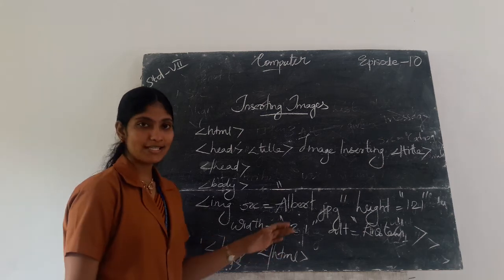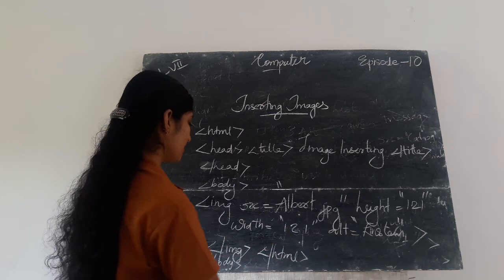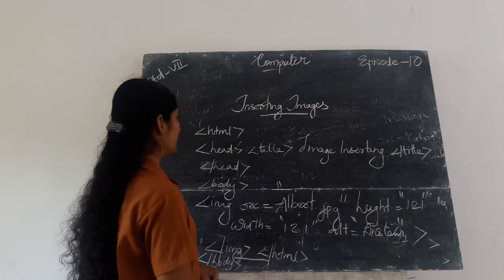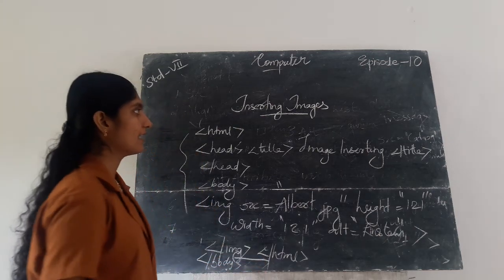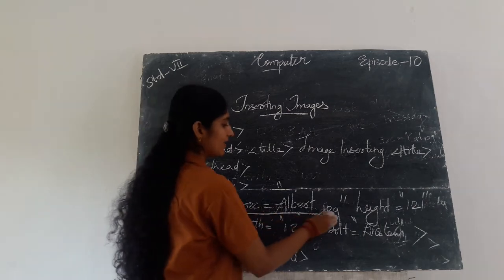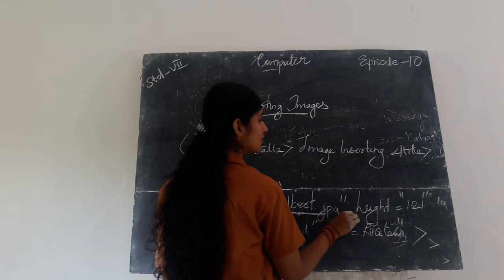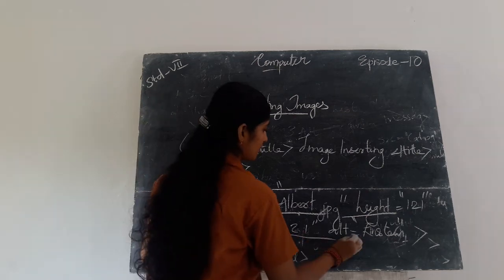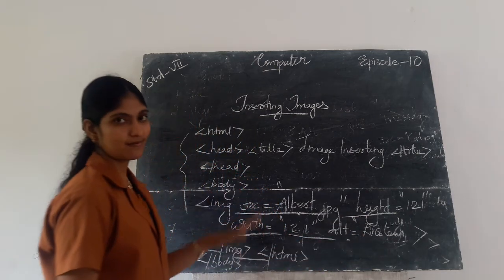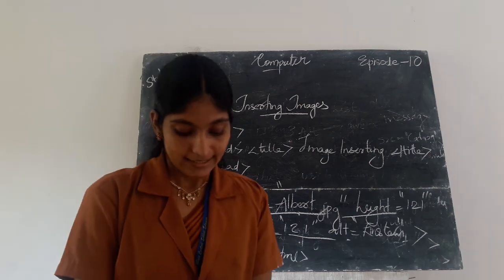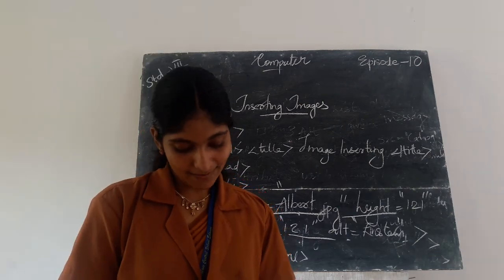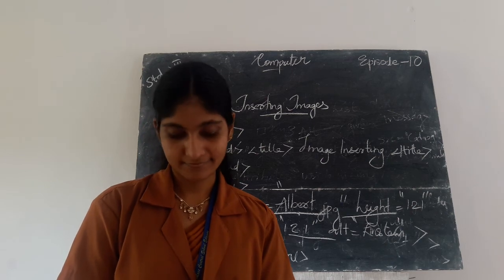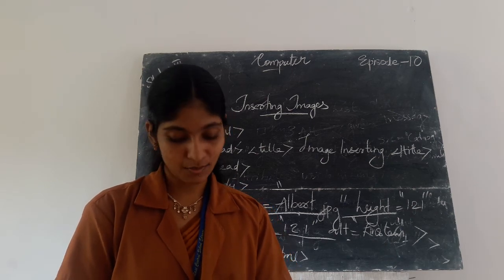If you want to write any brief description about this, just write it here before closing the body tag. So this is an example of inserting an image. Simply give the location, and if you want to add some additional informational attributes to this, just write them in. Then this is the chapter. These are the main things included in this chapter.